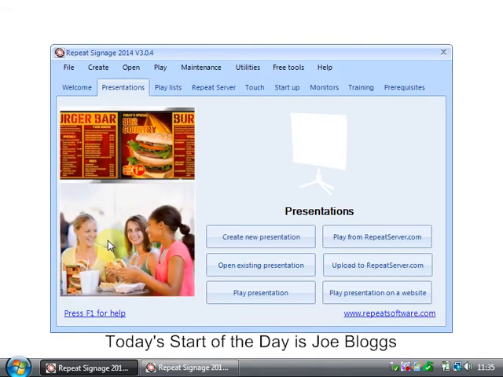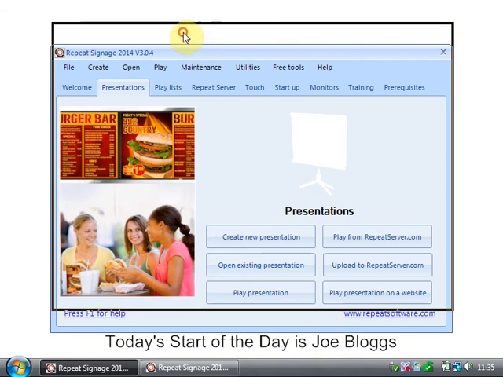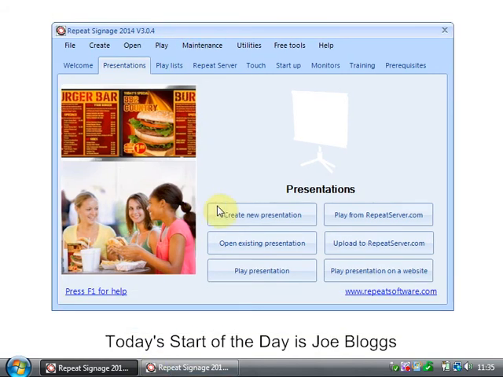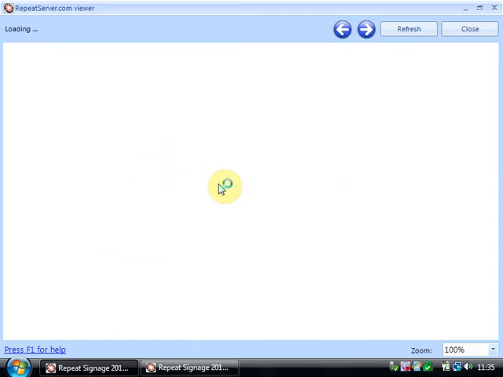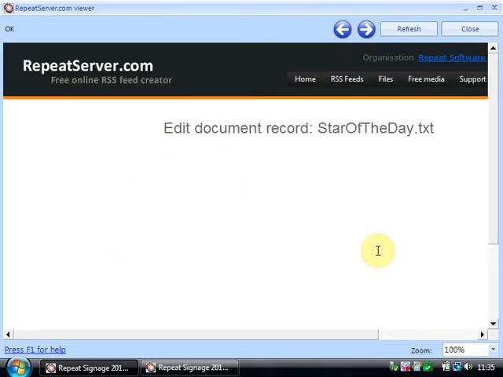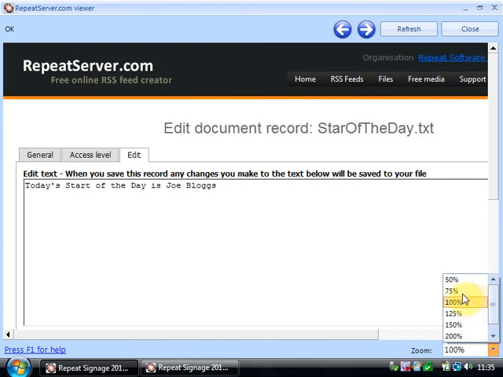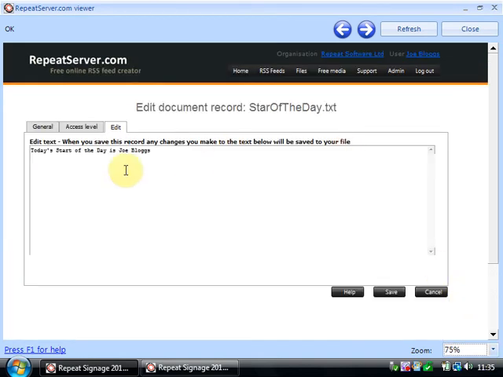Now I'm just going to flip back to Repeat Signage, move this up a little bit. There's the text, and I want to get back to Repeat Server. All we're going to do now is double click on the star of the day, and that will automatically open up the Repeat Server website page in the correct place. I just need to quickly adjust the size again. So "Today's star of the day is Joe Bloggs," and all we're going to do is change that to John Smith